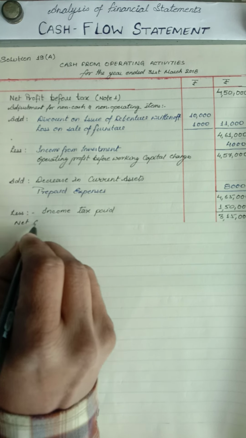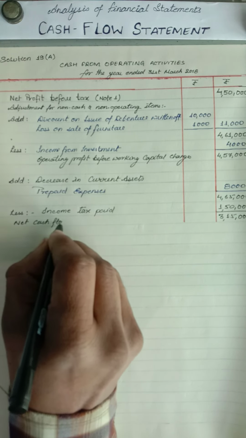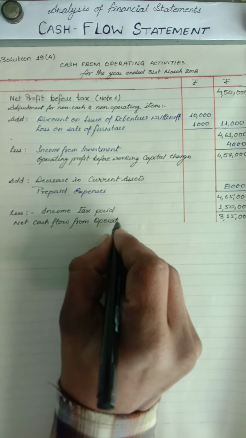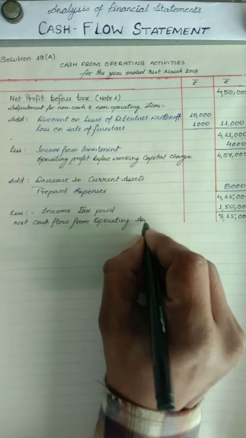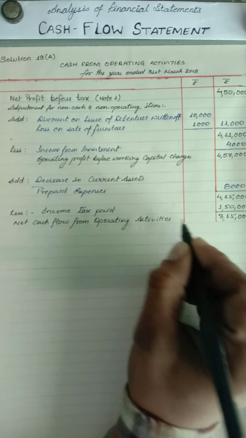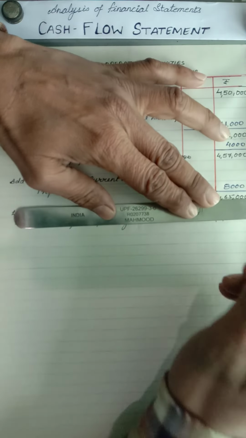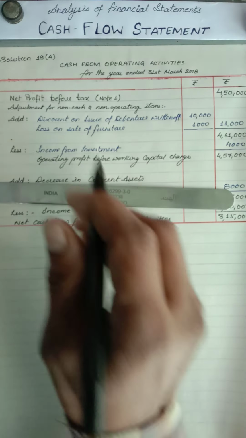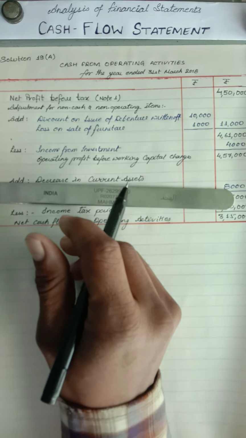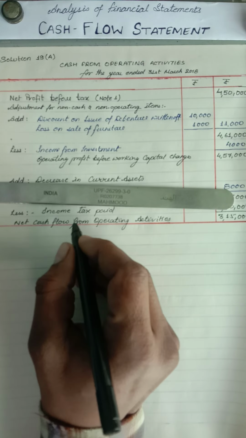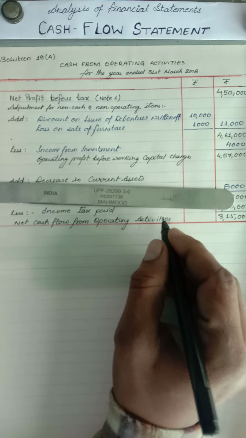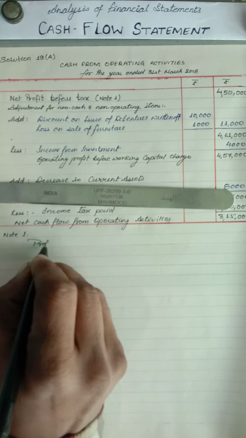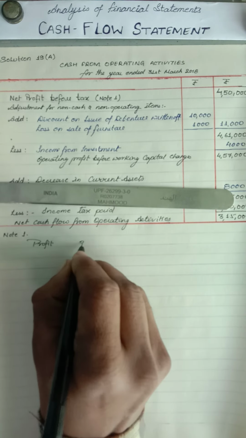Net cash flow from operating activities. Clear? Now in this, note number 1 also we have to write, because I have directly calculated from the question. So as a hint I am going to give you. The profit, the difference of the profit is given, that is from note number 1. Profit was given you